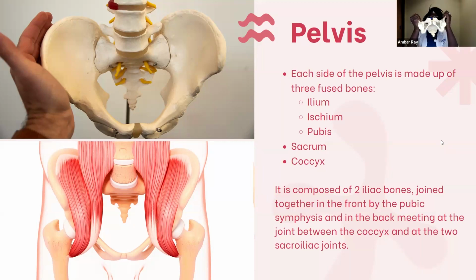We want to be able to move this pelvis in any way that we can that will facilitate moving the baby down into the pelvis. We also must realize that there are muscles attached to the pelvis as well. The muscle in the bottom photo, the one that's closer to the spine, is called our psoas muscle, and it actually goes from the inside there around that spine,